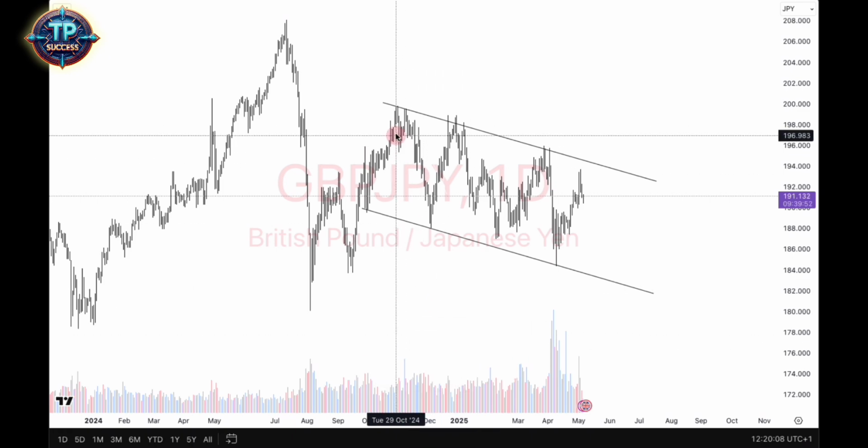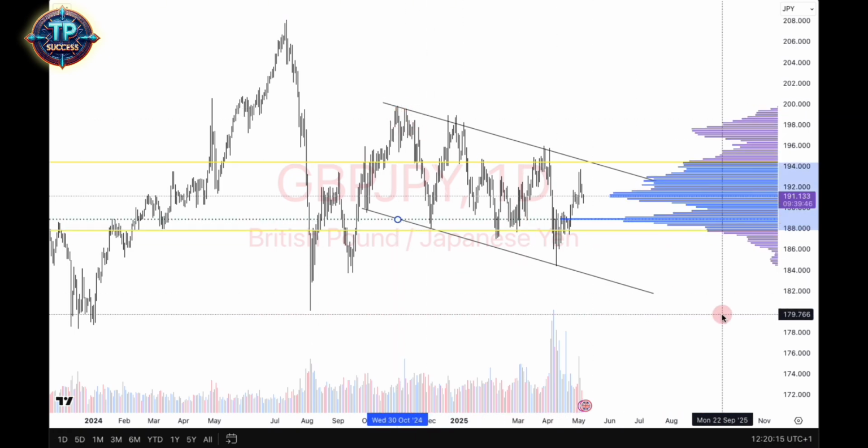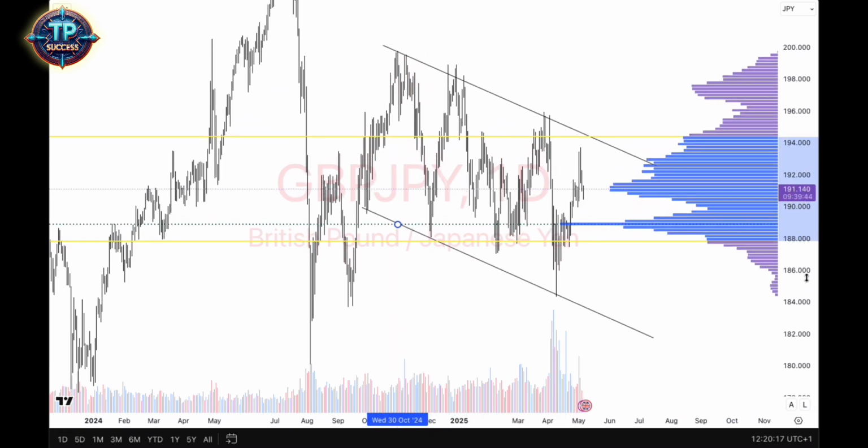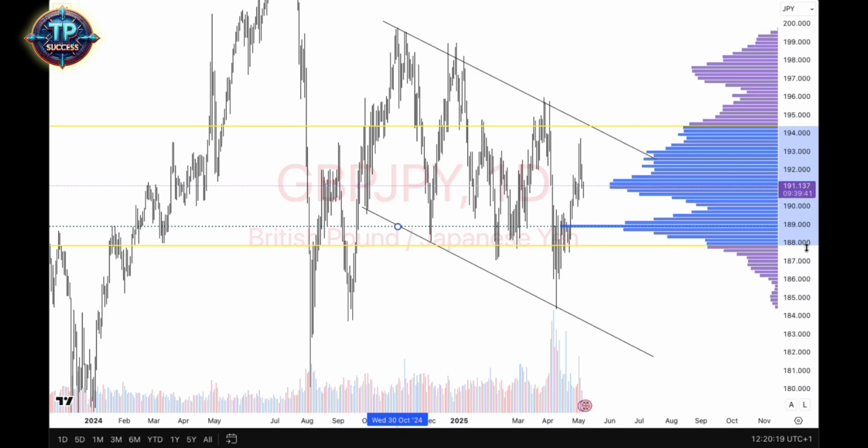With that said and done, let's now get on our trusted volume profile, and I'm going to go for the anchored volume profile. I'm going to select from Wednesday the 30th of October and drag it downwards, and it's going to give us where we need to be thinking about making moves. Off the rip,